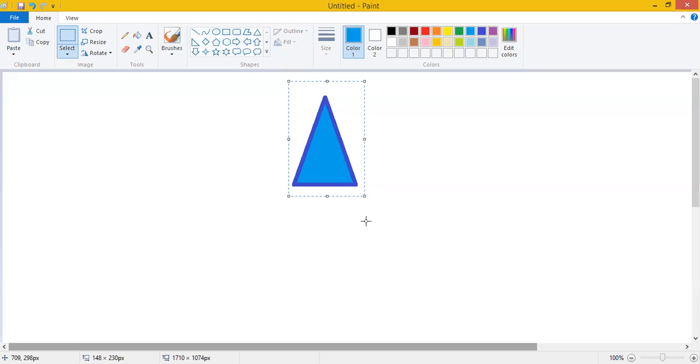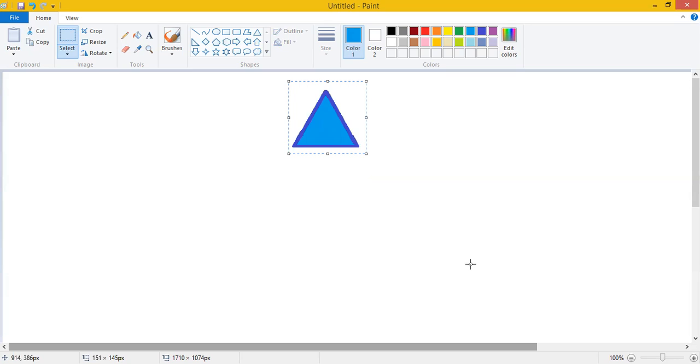So we use the resize handle buttons. We will take our mouse pointer to any corner. We will hold the mouse button pressed, and if you want to decrease the size, we will take the mouse pointer inward, toward the inside of the triangle. When we see that the desired size is coming, we release the mouse button. See children, this way we have decreased the size of the triangle.